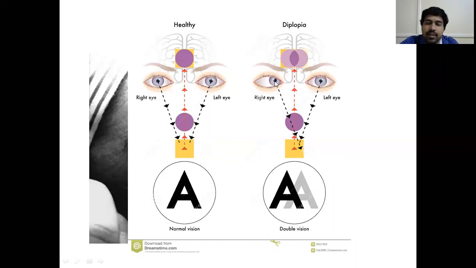But in this eye, the image is not falling on the fovea because of squint. The image is falling on some extrafoveal point. The extrafoveal point's x-axis, y-axis, and z-axis values will be changing. It will be somewhere around -1, -2. So that's why the brain interprets as if one image is falling at the center and one image is falling somewhere to the side. That's why you get two images here. That is why diplopia occurs, so double vision occurs.